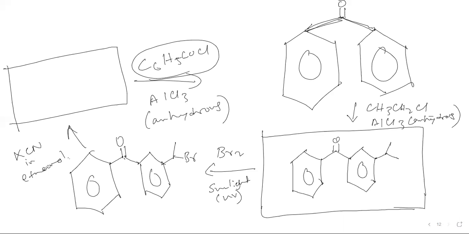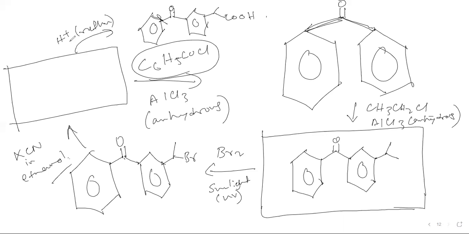That makes sense. Now when KCN in ethanol is present, what do we know? It actually replaces the, what do I say. Okay, before that, there is another part I forgot to mention. From here, when we add H plus with reflux, this product is formed. This is our carboxylic acid. That means this is a reflux with H plus. Now we have seen so far when KCN is added, what happens? This reaction